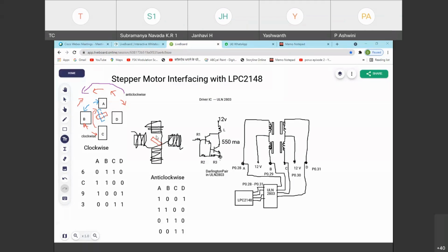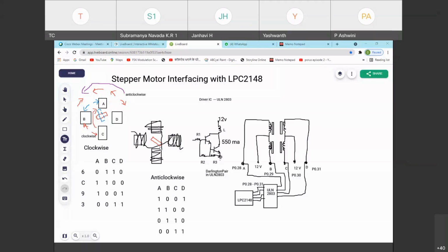The rotor has to rotate when the stator coils, the phases, get energized. There are four stator phases. When they get energized, they create a magnetic field so that the rotor gets attracted in that direction. The direction in which you want to attract the rotor is the direction of motion of the rotor. The rotor is inside and the stators are outside. This entire thing forms the stepper motor, in which the rotor rotates either clockwise or anti-clockwise.